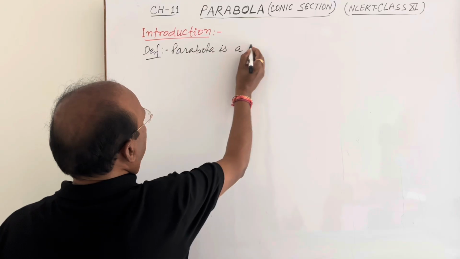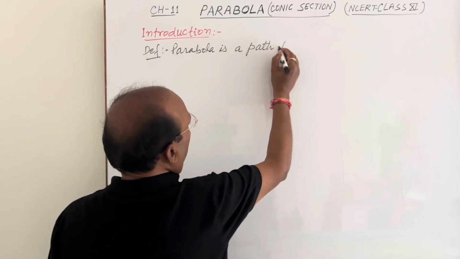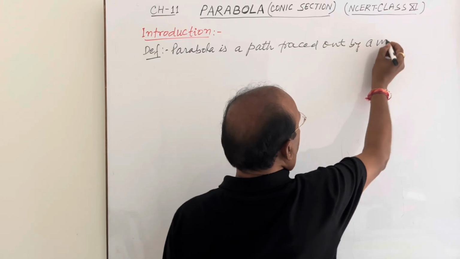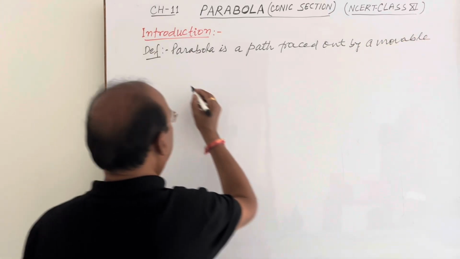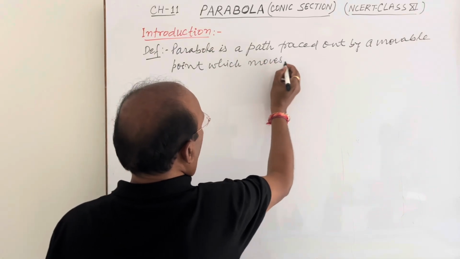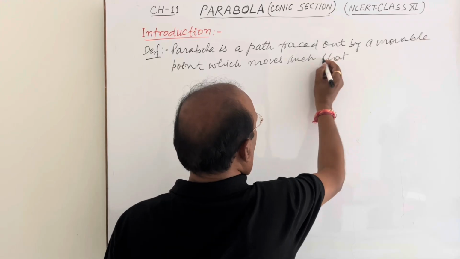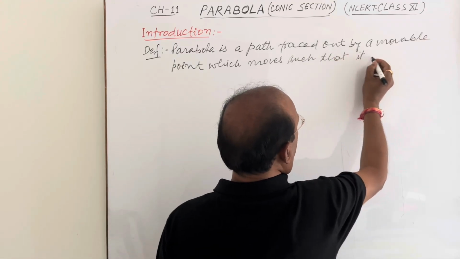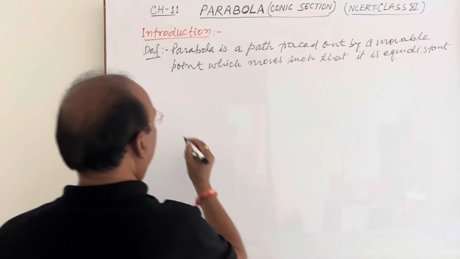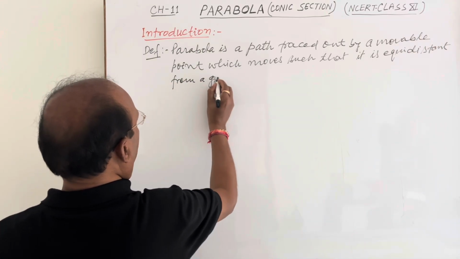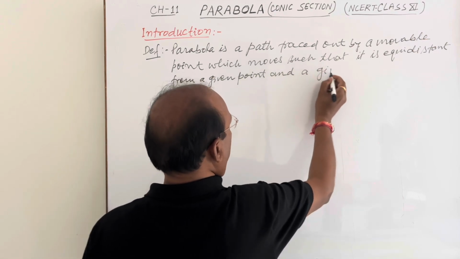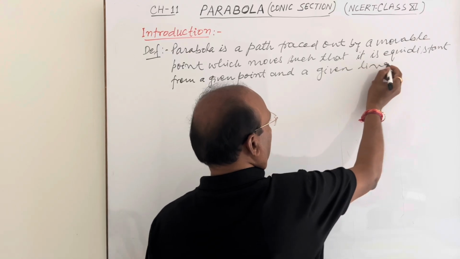A parabola is a path traced out by a movable point which moves such that this point is equidistant from a given point and a given line. Okay,